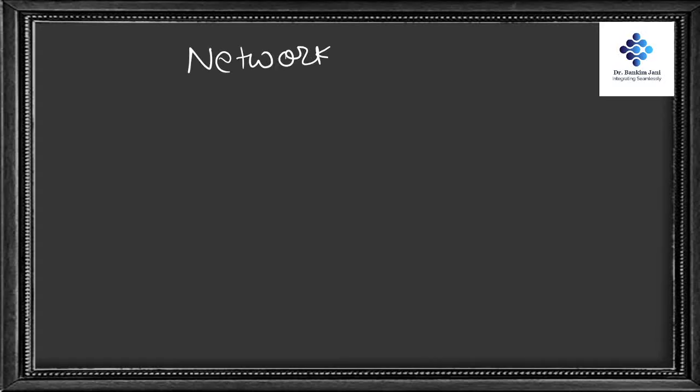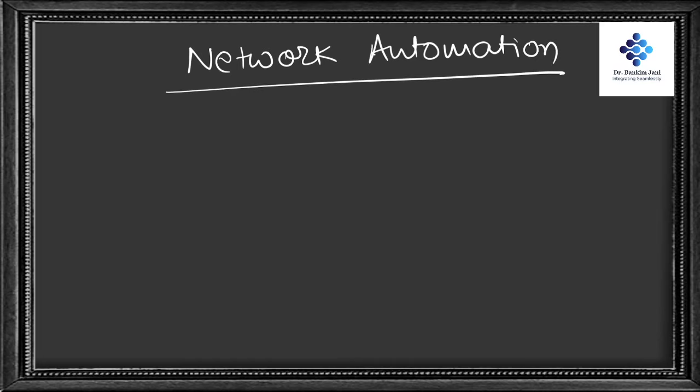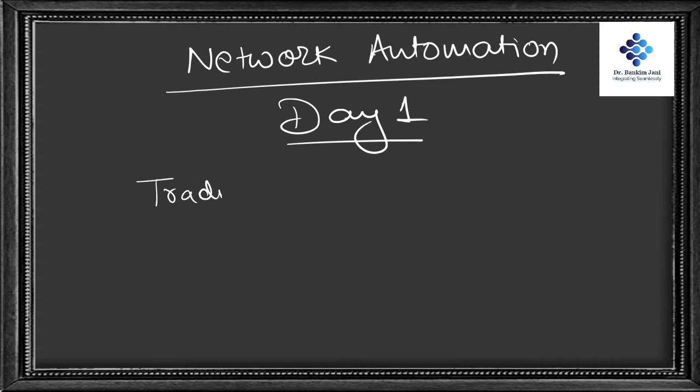So let's start with network automation day 1. Now see, the thing is that one is what is called the traditional network. In traditional network we have switches, we have routers, right, and then they are connected, and all those things what